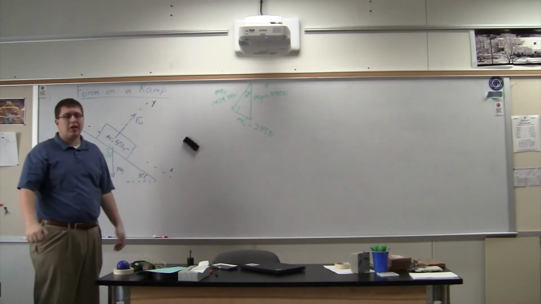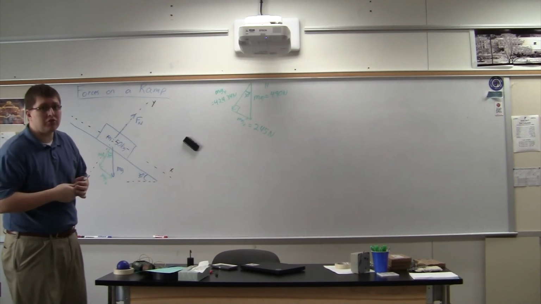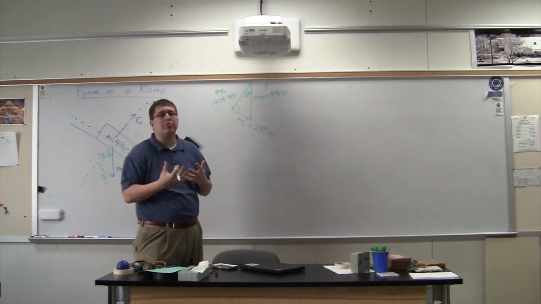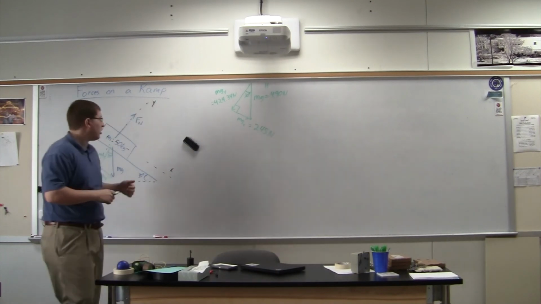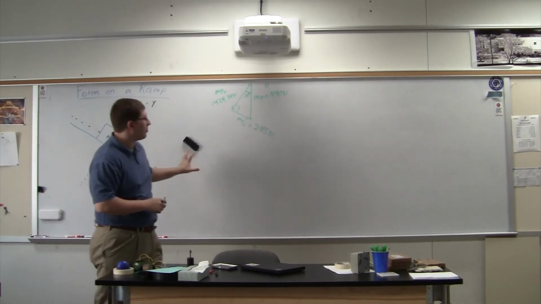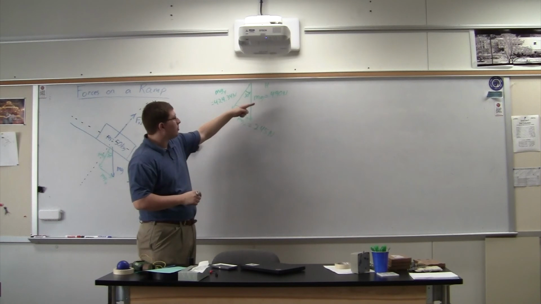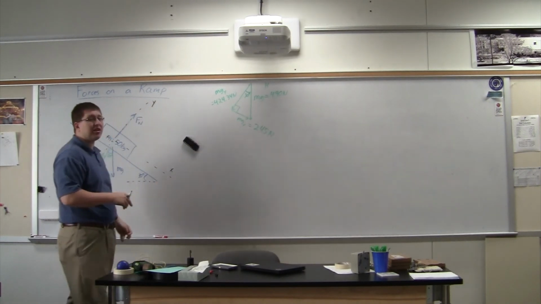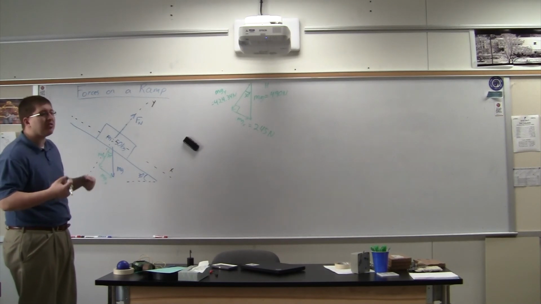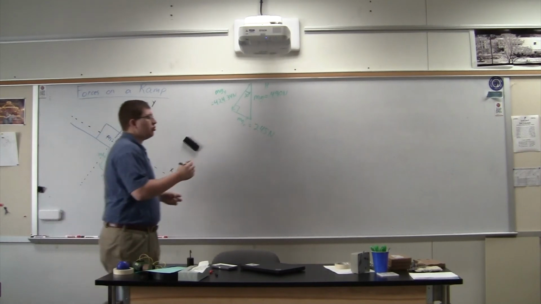All right, so you might say, well, we're done. Technically, you're right. We did solve for mgy and mgx. I wanted to take one more minute here and show you what I think is going to be the most important part when trying to solve problems on a ramp. So you see, I made a bunch of space on the board here. I got rid of my trig. I got rid of my geometry rule. I did write the values up here just so we have them, although to be honest, I don't even think we need those. The last step to me, the most important step to solving ramp problems, is to redraw the